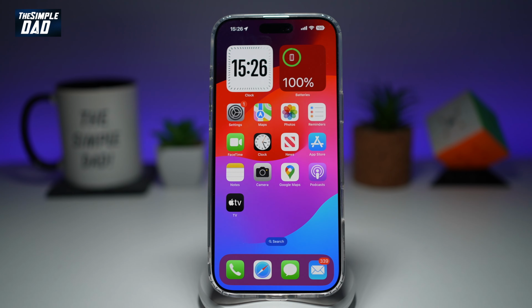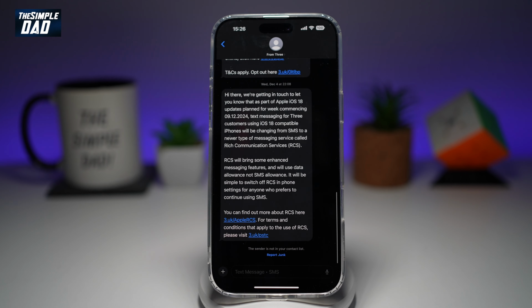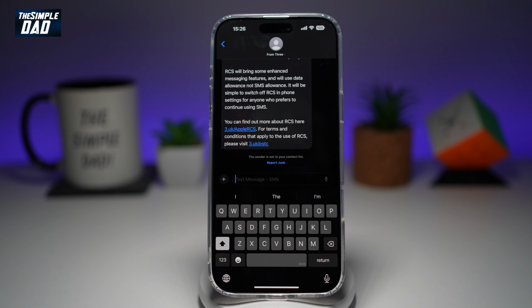Welcome back everyone. In this video, I'll show you how to get stickers on your iPhone keyboard. So if you're on your iMessage and you want to see the sticker icon, then let me show you how to do this. So first you want to go ahead and open up a message where you want to send